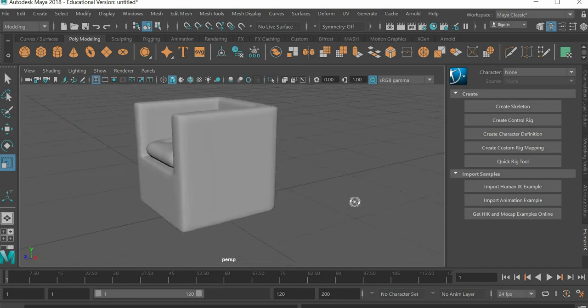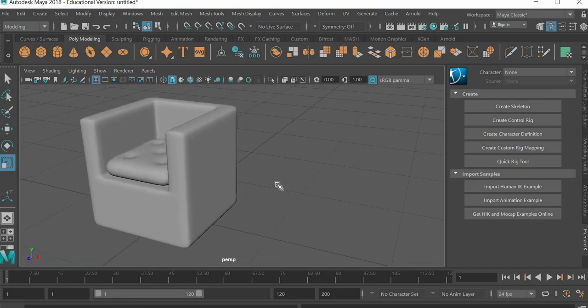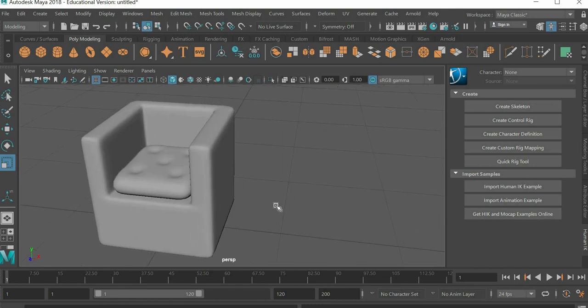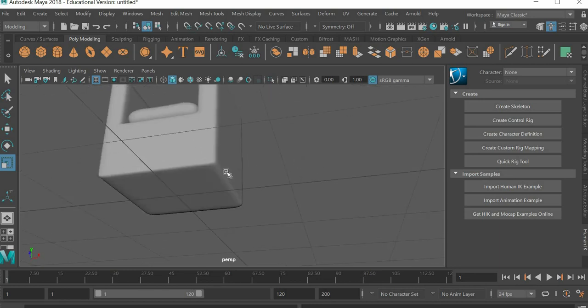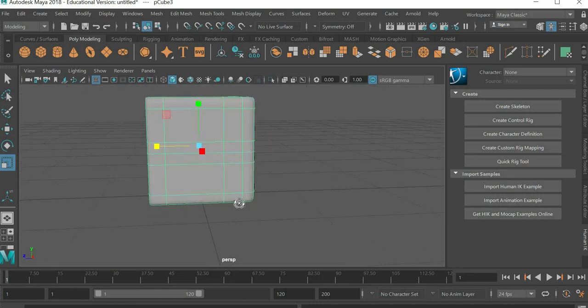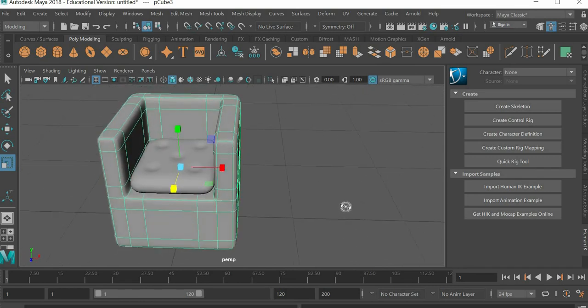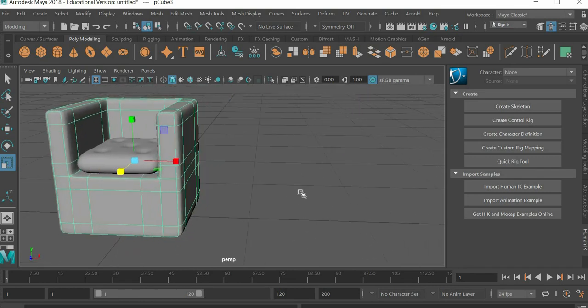So that's about it for this tutorial, and hope you're able to create a similar looking object, understand how booleans work,